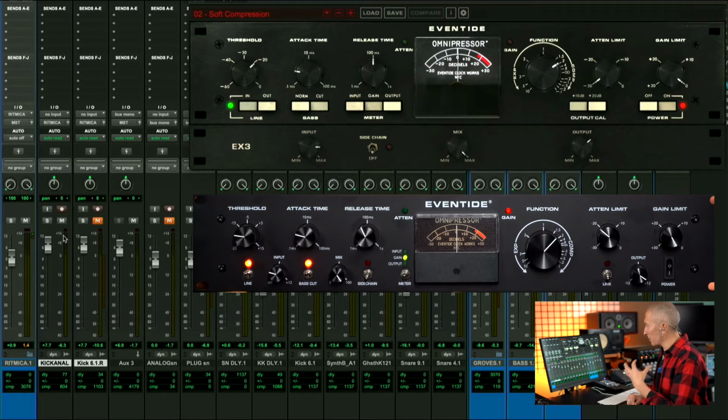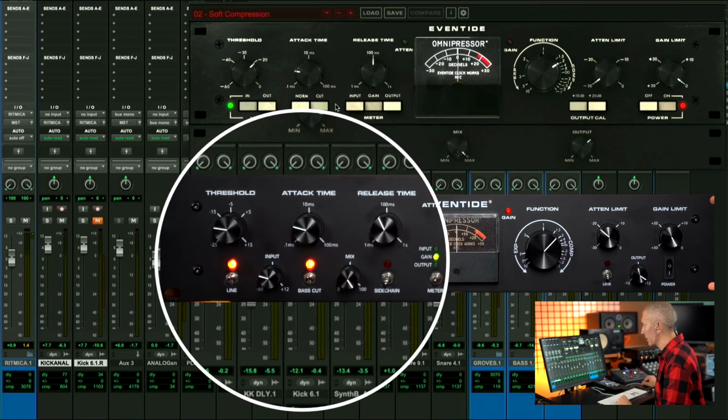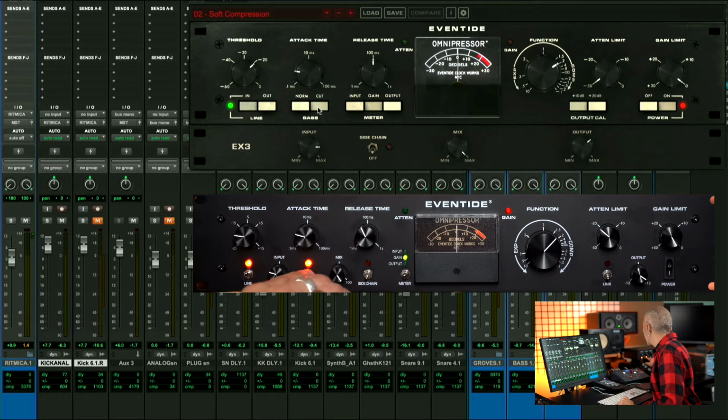I have to say one thing, that with respect to the snare track, I put the cut on the bass, both on the plugin and on the analog part, to avoid having a bit of pumping effect, so the detector doesn't detect the lower frequencies of the kick, but it works a little bit more on the medium-high attack.